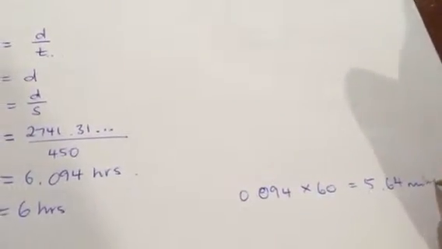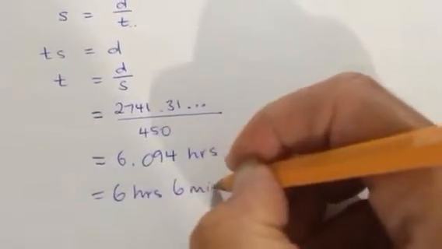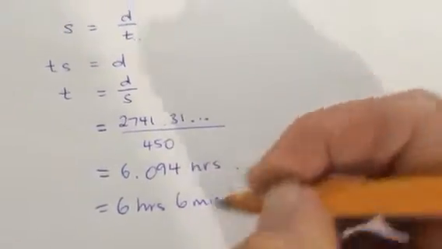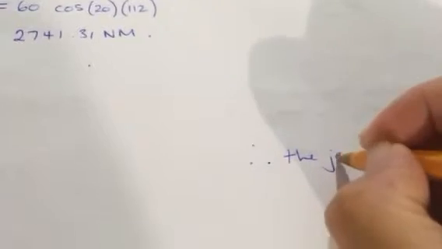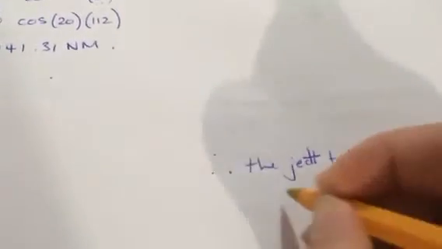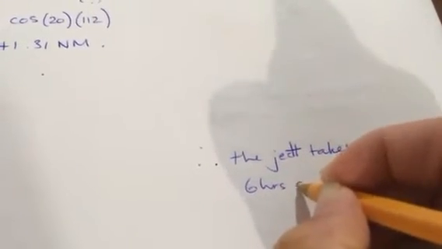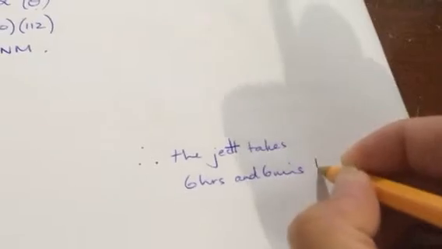So let's round that up to a whole minute: 6 hours, 6 minutes. So, worded question, worded answer. Therefore, the jet takes 6 hours and 6 minutes to travel